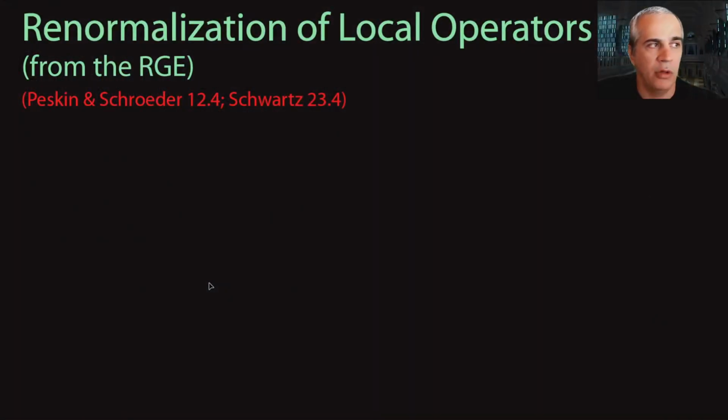The first step in that direction is to take a look at what we call local operators. We want to know how to do this renormalization and write renormalization group equations for these local operators. And what are the local operators? In principle, it's a very simple definition. They are operators composed of the fields in my Lagrangian. So you can think of phi 4 as a local operator, and the local part comes from the fact that all these 4 fields are calculated at the same space-time point.